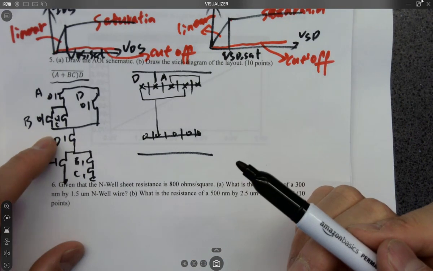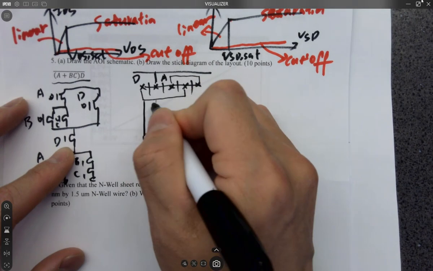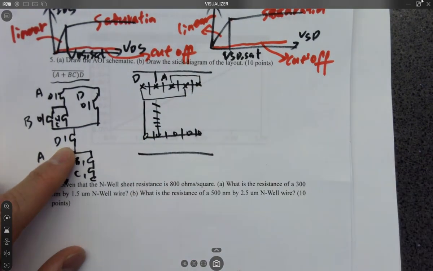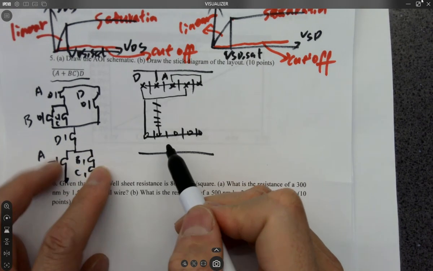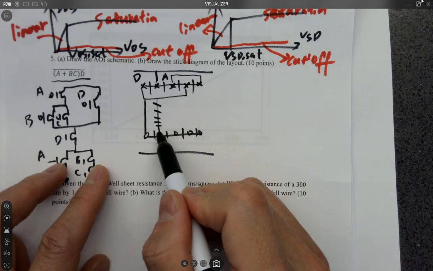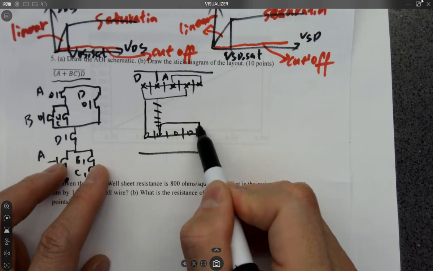Wait. This has to be D. All right? And then D's output goes to 2 parallel branches. So I can do this, and